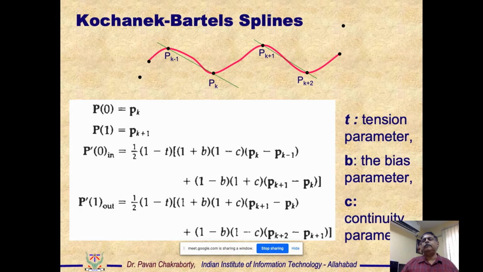Apart from the tension parameter, we can put a bias parameter. What does the bias parameter do? If I am not interested in having a peak at a specific location, or I would like to have a peak or a maximum at a specific location, I should have the possibility within my constraints to shift this peak to the location that we would like. So in this problem, apart from having a term 1 by t, we also have a term 1 plus b and another term 1 plus c. The term is sometimes called the bias, and this actually shifts the peak to the left or the right